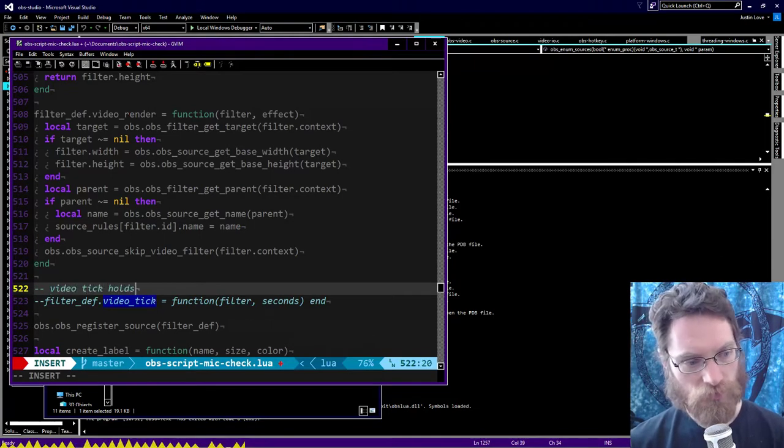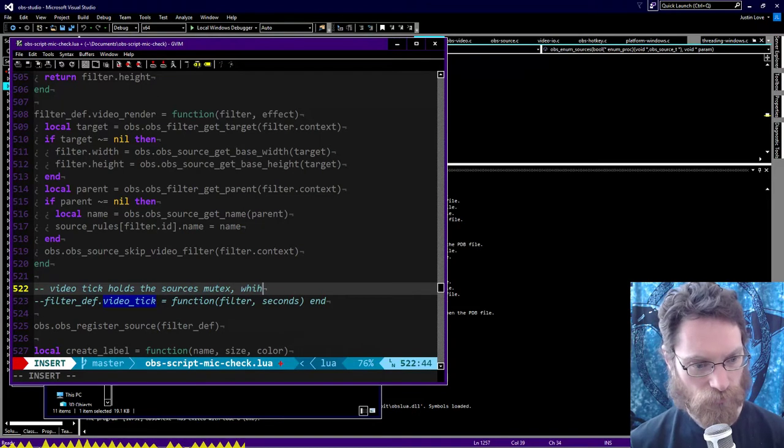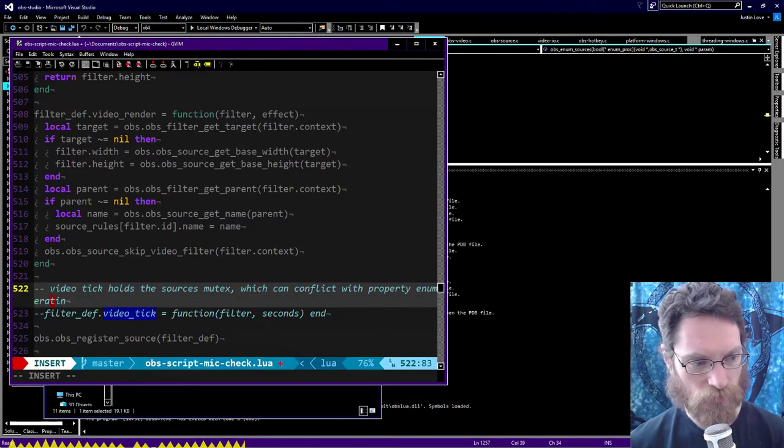Video tick holds the sources mutex, which can conflict with property enumeration in the script. Also,